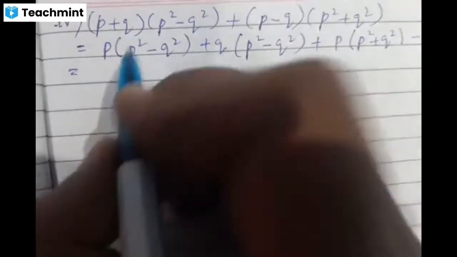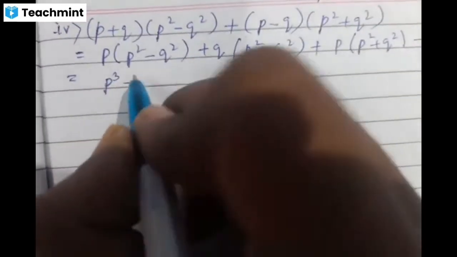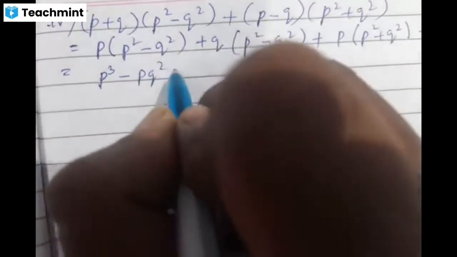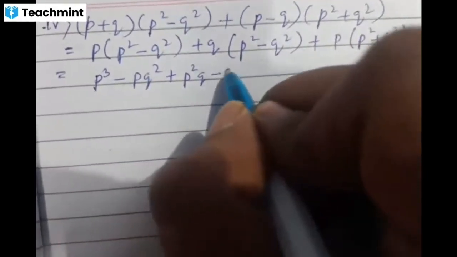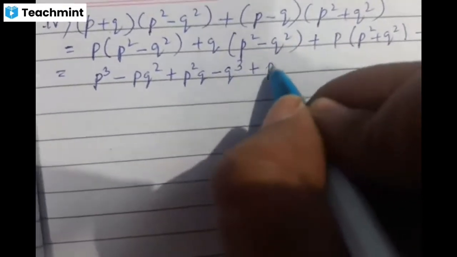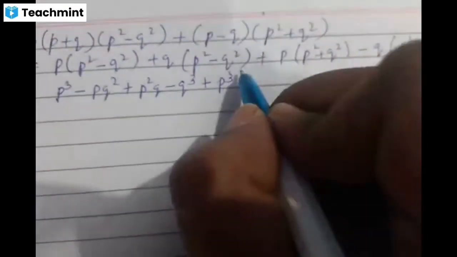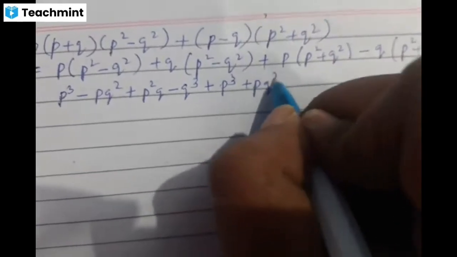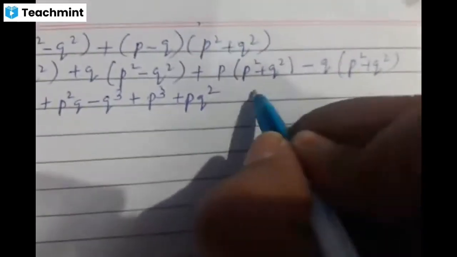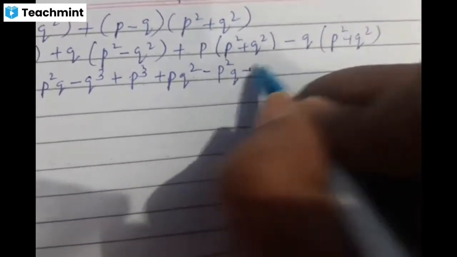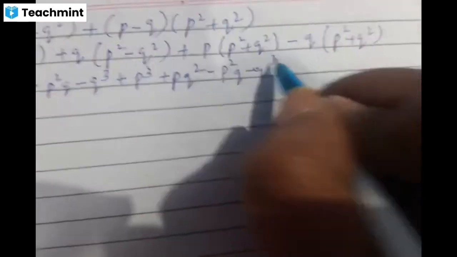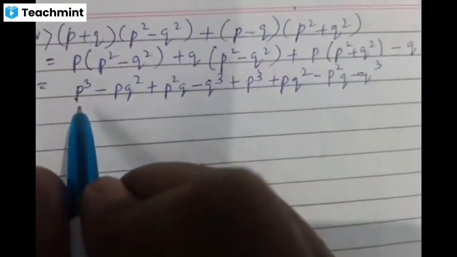Multiply directly. P into P square is P cube, plus into minus is minus PQ square, plus P square Q, plus into minus is minus Q cube, plus P cube, plus into plus PQ square. Then you have plus into minus is minus P square Q, minus into plus is minus Q into Q square is Q cube. Find out, do you have any like terms, children, which is P cube